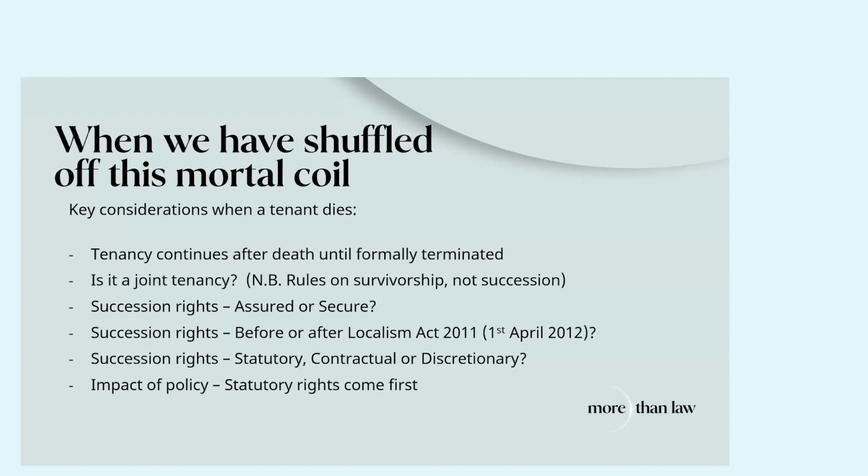What the government did back in the Localism Act 2011 was they tried to harmonise these two different sets of succession rules. They downgraded slightly the succession rights to secure tenants who took their tenancies from 1st of April 2012 onwards, so that the additional rights of succession to family members were not automatically written into statute. But in some ways they also upgraded the rights of succession potentially for assured tenants, because they said if your terms and conditions of tenancy from 1st of April 2012 onwards